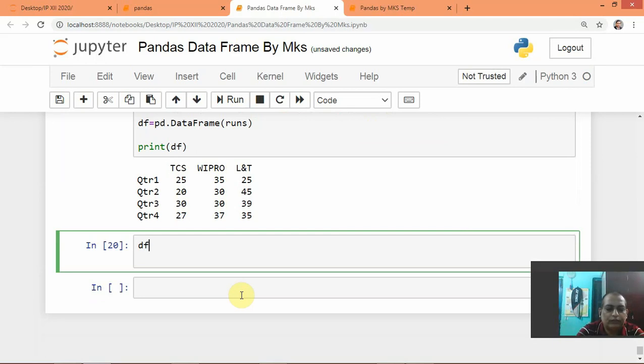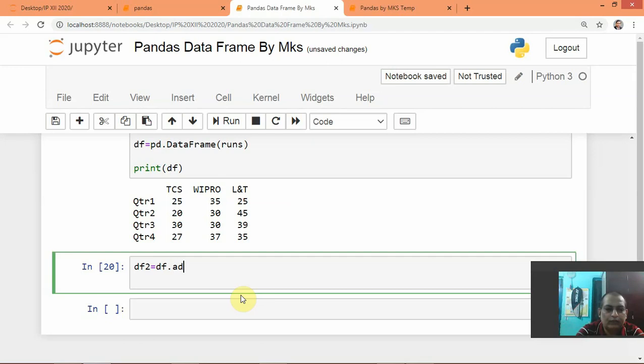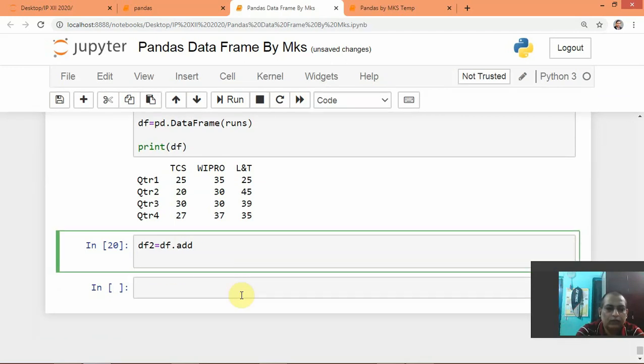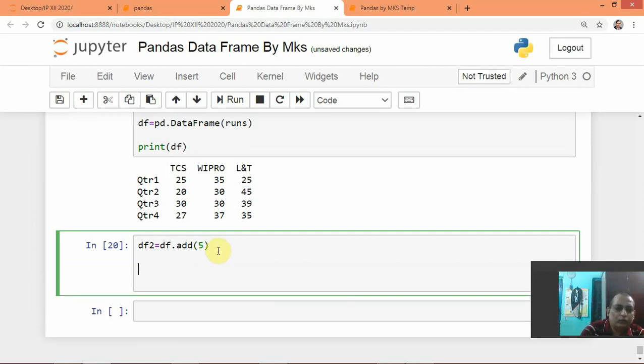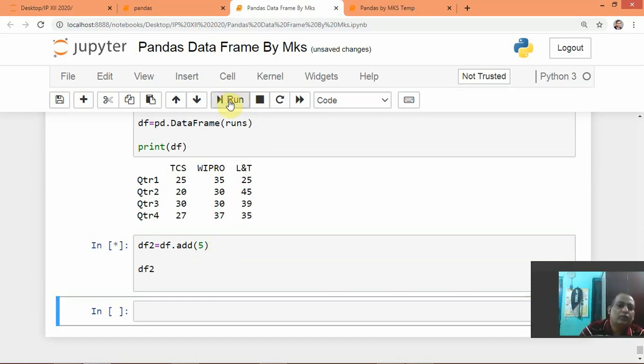df2 equal to df, the original data frame, dot add 5. So it will create a new data frame df2. If you print df2, what output will come?